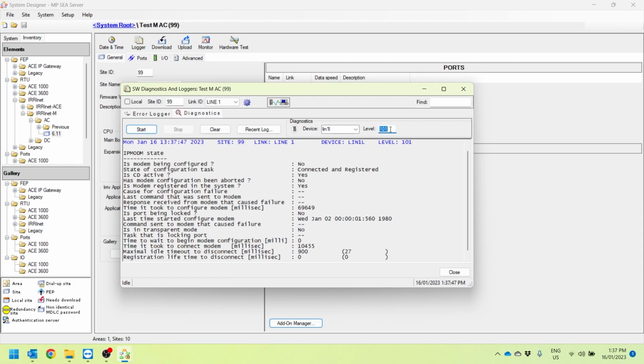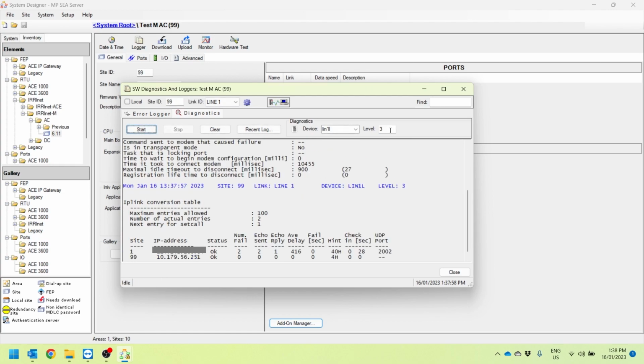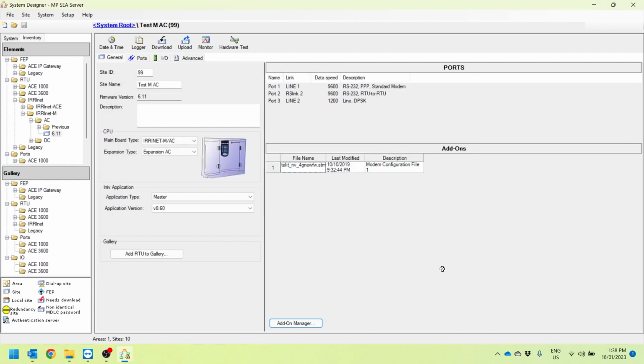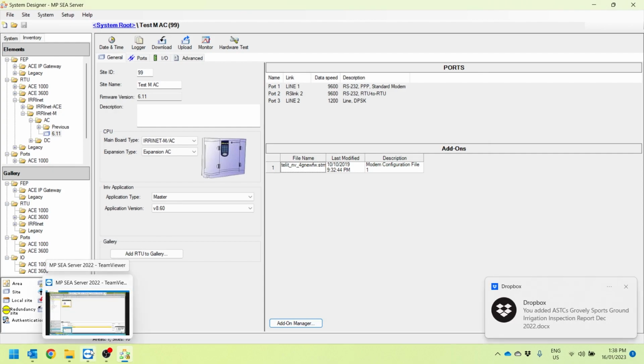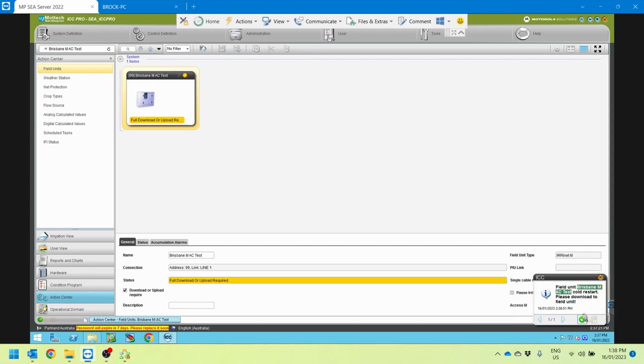Now you can also change to level 3 and hit enter, and this will give you your IP address and whether it has received a reply or not. In this case we have, so we can close that one off. Now if we go to the server, we should receive a cold restart message, which we have. We can hit OK,